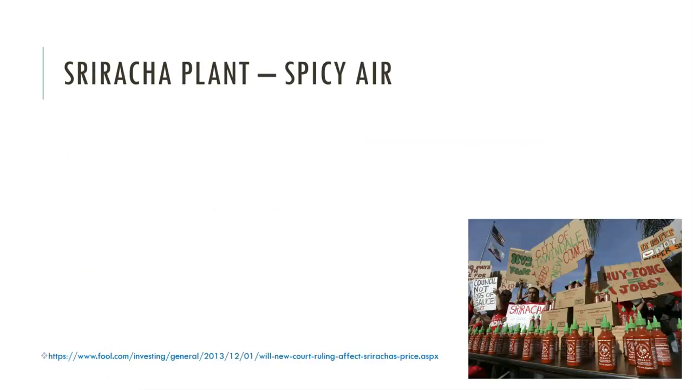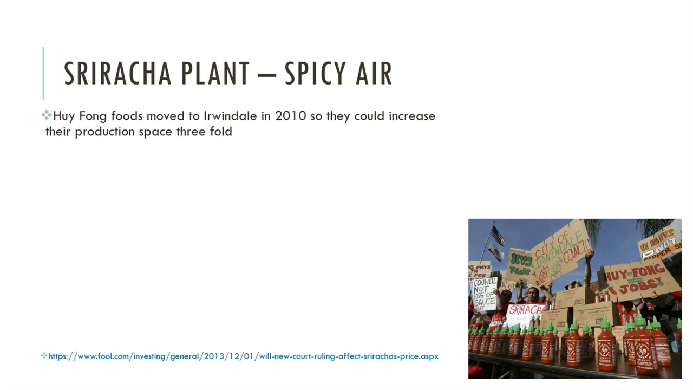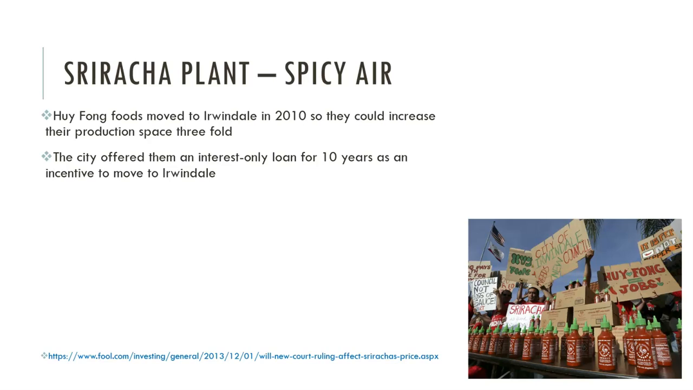So there's an example in California, in Irwindale, from the sriracha plant. There was an issue with spicy air. This actually happened a couple different times. We are going to talk about the incident in 2013. So in 2010, Huy Fong Foods moved to Irwindale. They wanted to increase their production space. There was a big open area in Irwindale, and they could produce more sriracha, make more money. The city offered them an interest-only loan for 10 years as an incentive. So come move here, you can borrow money, build your factory, and you're not going to have to pay any